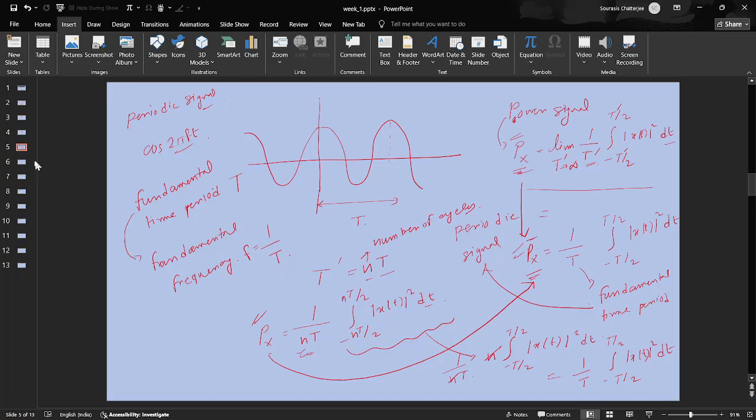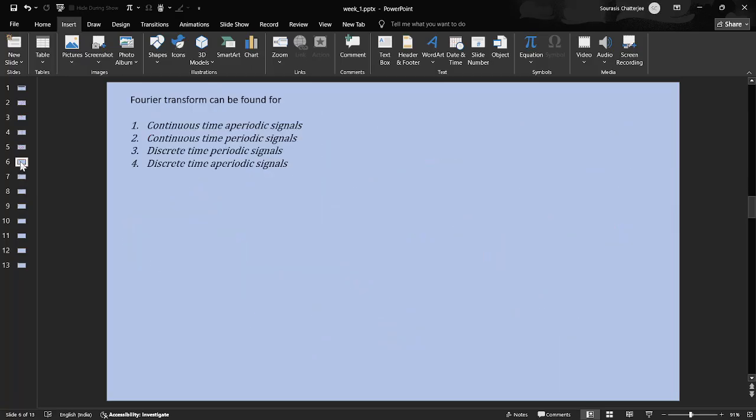So with that, let us move to our next question here. This has quite a few concepts here. First is about the Fourier transform, which can be found for some continuous time signals and discrete time signals, and another property, periodic and aperiodic, and all that. So before going into the Fourier transform, let us talk about